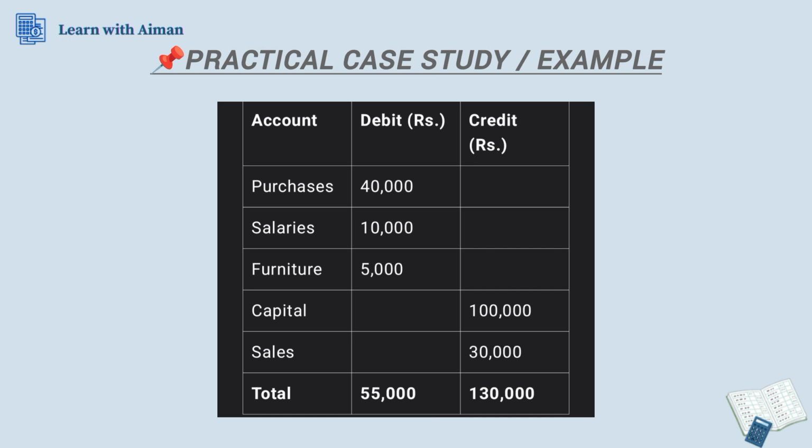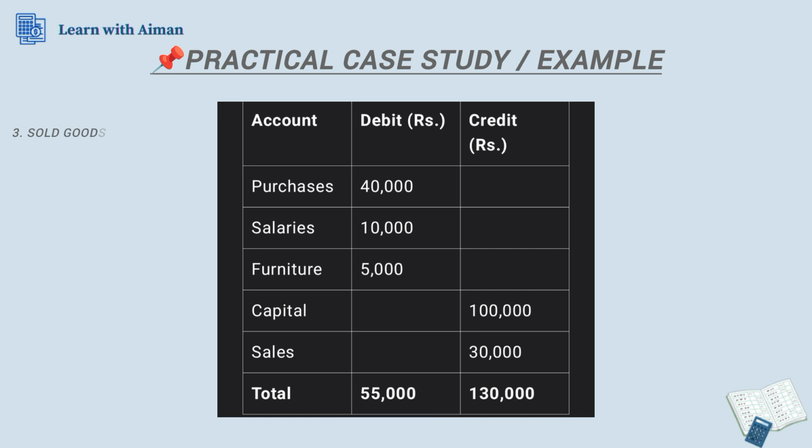So in the given transactions, we introduced our capital with rupees 1 lakh. As you know, when we introduce capital, it is increasing. It's our owner's equity. When our owner's equity increases, we put it on the credit side. Number two is purchased goods for cash of rupees 40,000. Okay, so these are purchases. But what are purchases? Purchases are our expense. So if our expenses are increasing, we put it on the debit side.